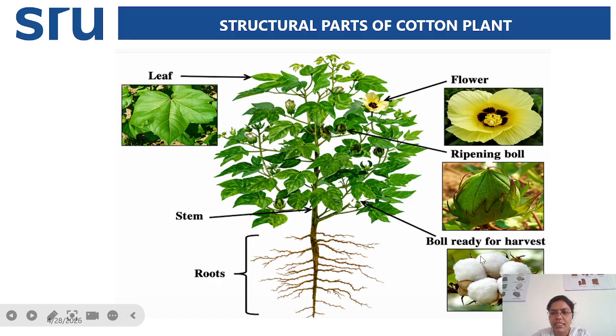Okay, the white color is nothing but lint. That is the cotton fiber. So these are some of the structural parts of the cotton. That is the root, stem, and the branching pattern. It is of two types: monopodial branching and